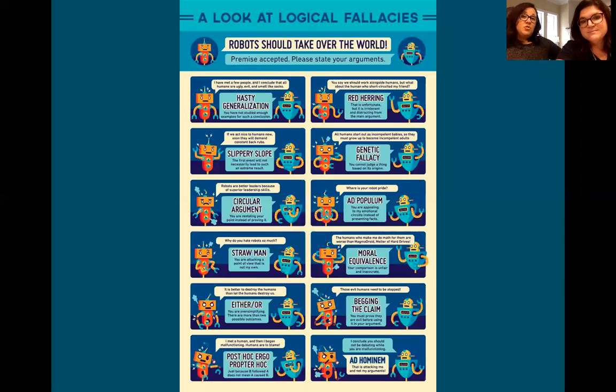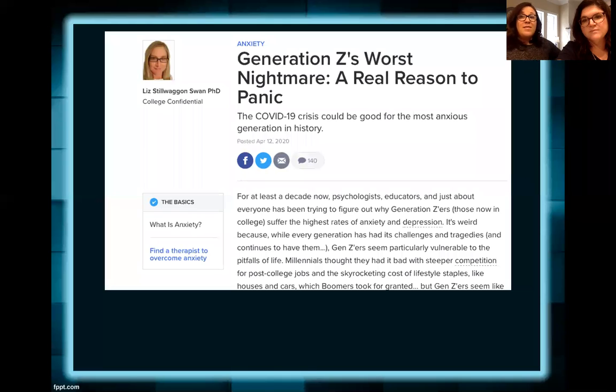There's also a nice visual chart that includes some of the ones that he talks about in the video and then some other ones. These are probably the ones that you're going to find most frequently in text. So here's another tool, and this is also in that start here overview page as well. And then what you guys are going to do, you're going to learn about the fallacies, and then you're going to apply them to this article.